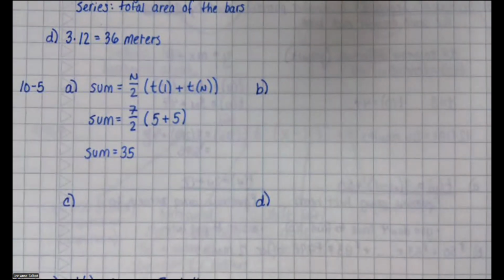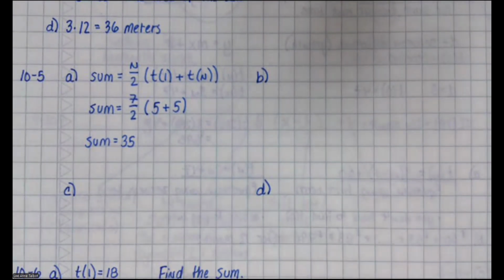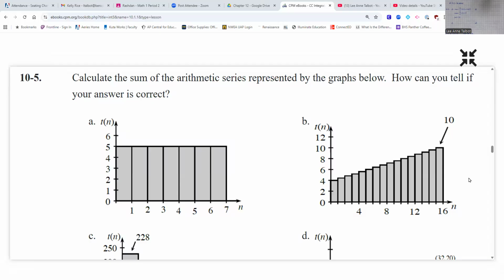Okay. I'm gonna do B with you, and then I'm gonna have you guys do C and D. Okay, here we go. Take a look at B. How many numbers am I adding together? 16. Okay, so write on your paper, sum equals